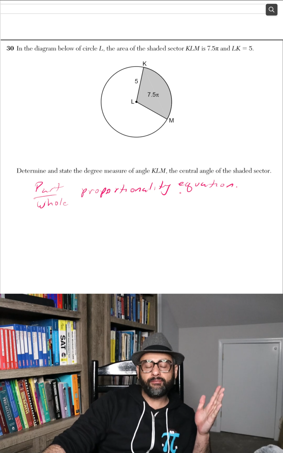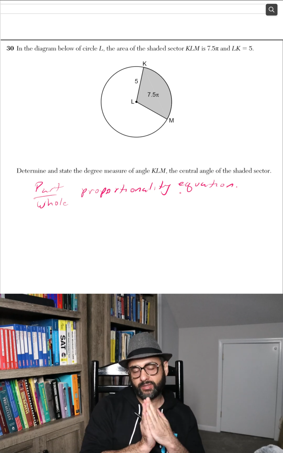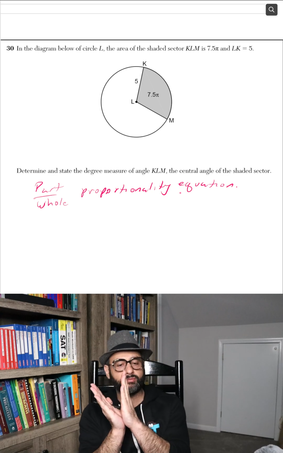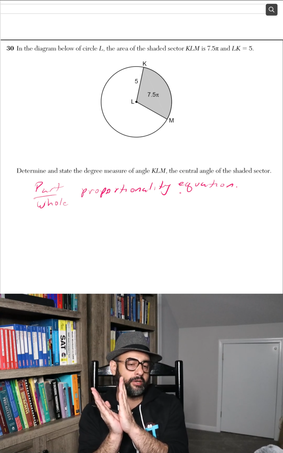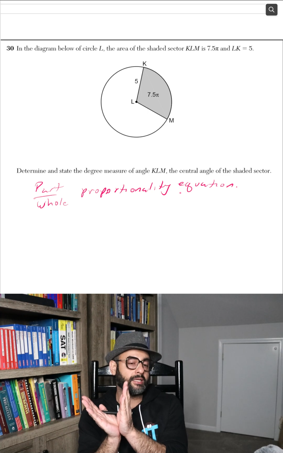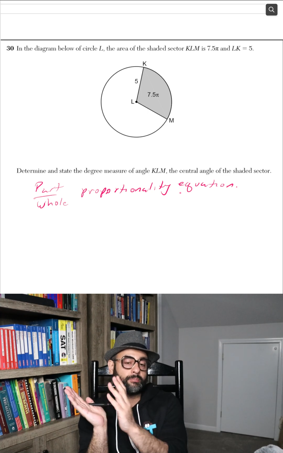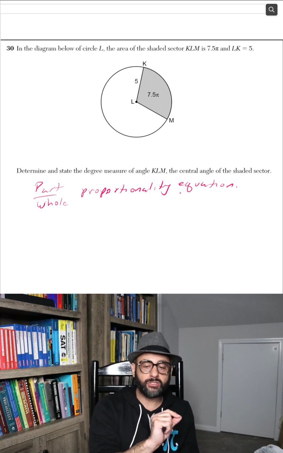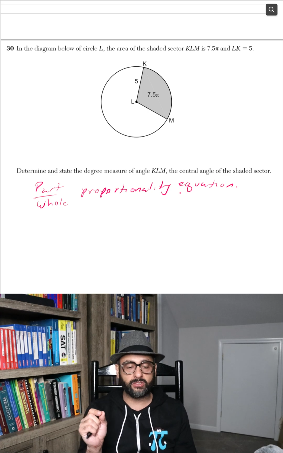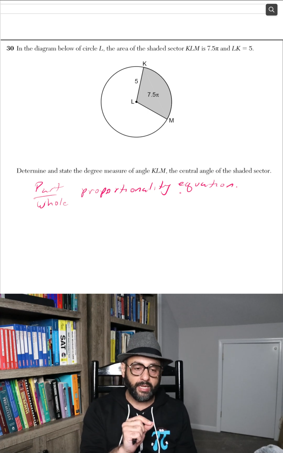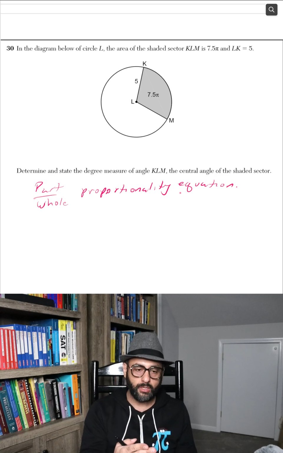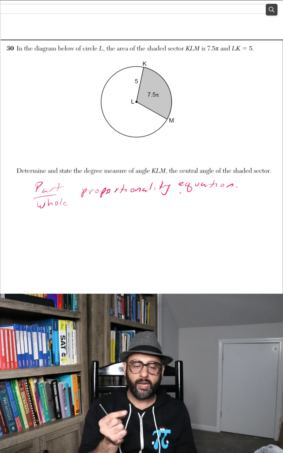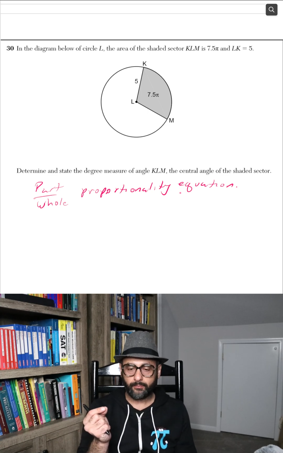Well, let's see. If I have an angle of 0, then I have an area of 0. If I have some angle, then I have some area. If I double the angle, I double the area. If I triple the angle, I triple the area. Quadruple the angle, I quadruple the area. That means that the central angle measure and the area of the sector are proportional to each other. And so then I actually have a situation where I know both measures of the